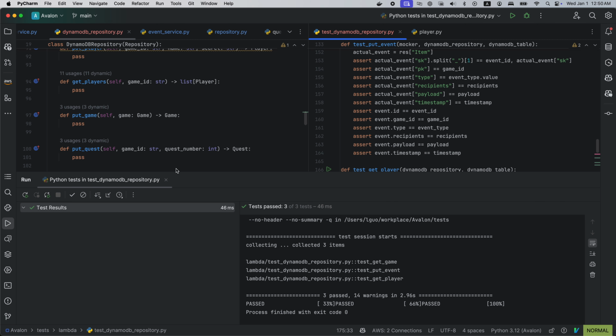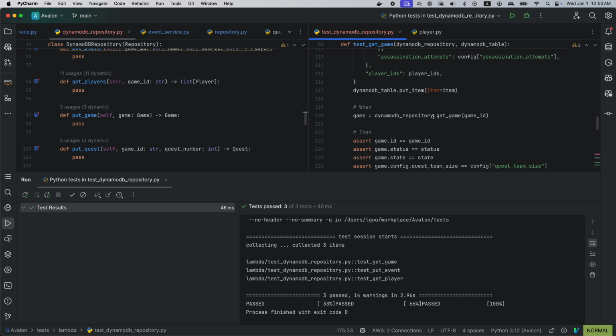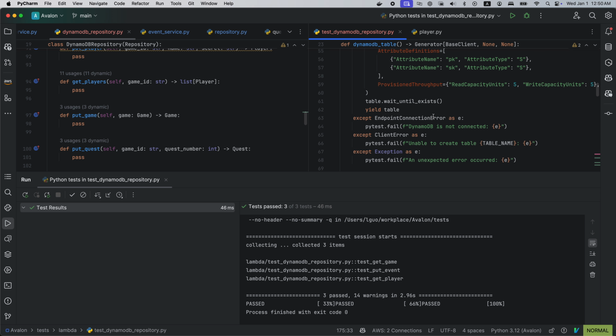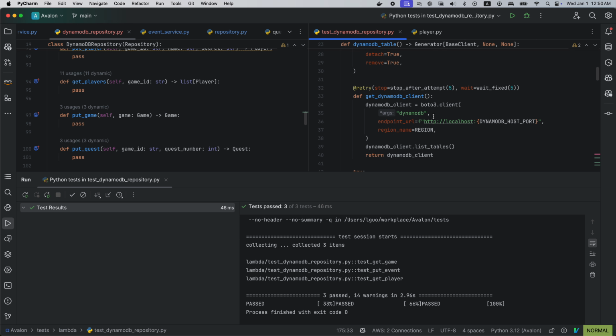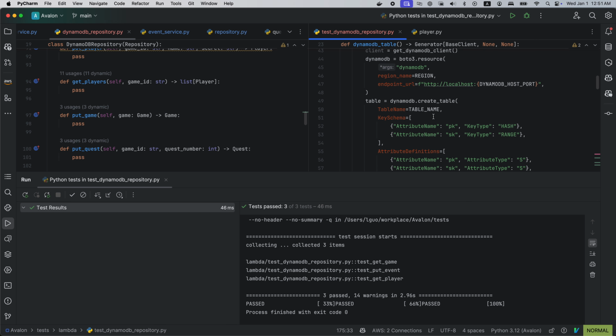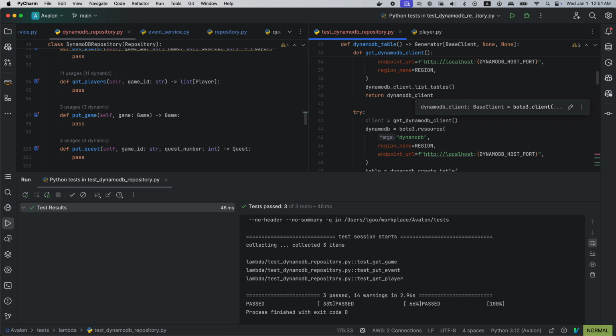Another problem is these tests take a little bit of time to run. This is not ideal, but I still believe it is worth it to interact with an actual database. The only thing I think I will do is to not tear down.